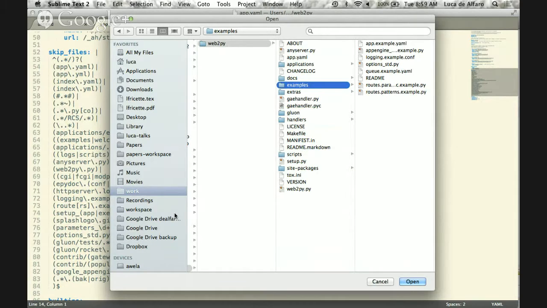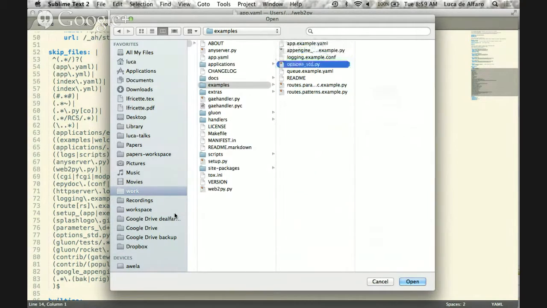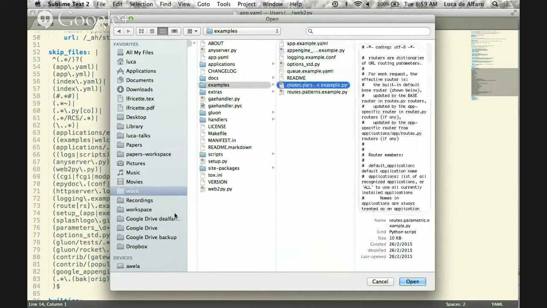Oh, okay, I haven't installed any one of them, but there are these files called routes.examples. These files are used to define spatial routing, and in general, I don't do any of that, okay? But the one thing you do is that in one of those files, if you copy it to the top level, you can define what is the default app that gets run when you hit the site, not specifying any app. For example, if your app is called My App, you can say that the default is My App.